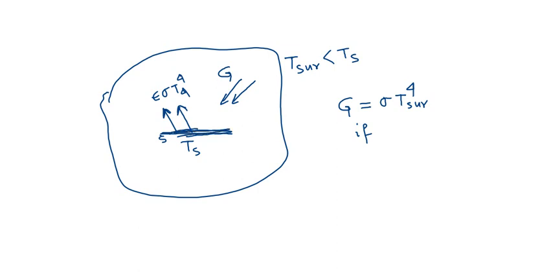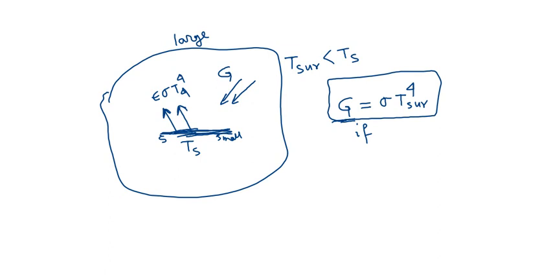Okay, and the whole surface is enclosed by the large surface. So we are considering this is a large enclosure, and this is a small surface. So assuming this, the radiation flux coming into the surface from the surrounding can be expressed as sigma into T surrounding to the power 4. Why this is happening, we will explain when we go to radiation, but for the time being just remember that this is the amount of irradiation coming onto the surface if it is small and the surrounding is large.